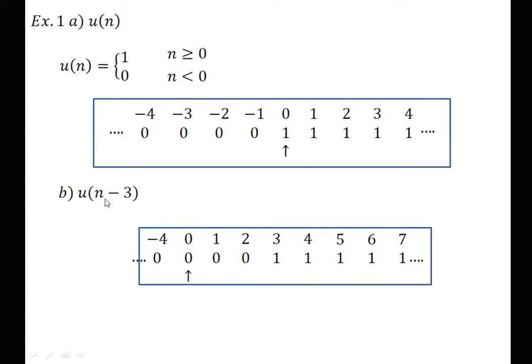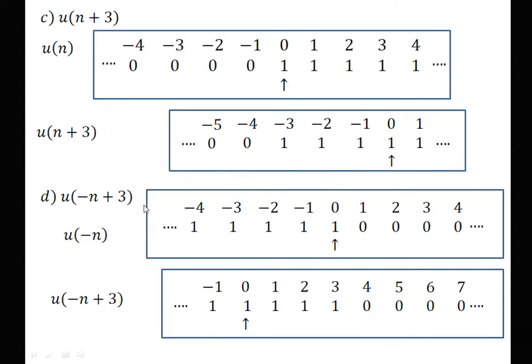Now the next signal operation is u of n minus 3. Now u of n minus 3 is nothing but a delay of the signal, that is, the signal is delayed by 3 units. In this n minus 3, we need to shift the arrow to the left by 3 units. So 1, 2 and 3. After that, the arrow comes here and from this location 0 starts. So 0, 1, 2, 3, 4, 5, 6, 7, minus 4. Now you can easily observe that initially the 1 started at the 0th location, and now the 1 starts at the 3rd location because the signal is delayed by 3 units. So this is nothing but u of n minus 3.